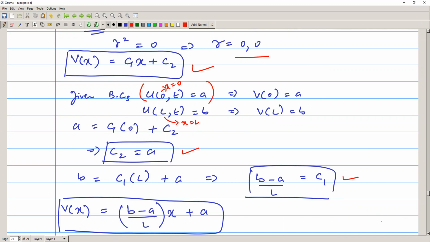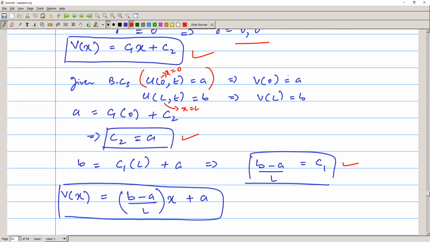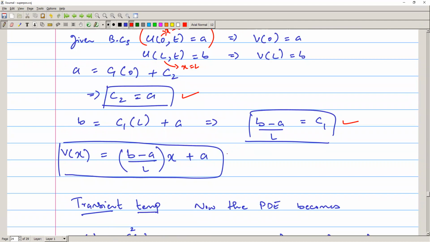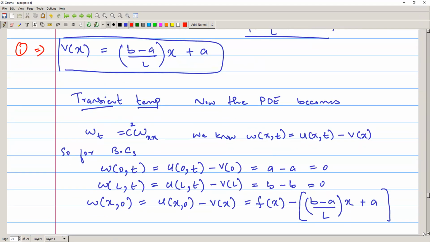Then we can put these values of c1 and c2 in this equation. Let's call it equation number 1. So we apply these boundary conditions to equation number 1. Then equation number 1 implies v of x is equal to (b minus a) over l times x plus a, right? And then for the transient temperature, now the PDE becomes